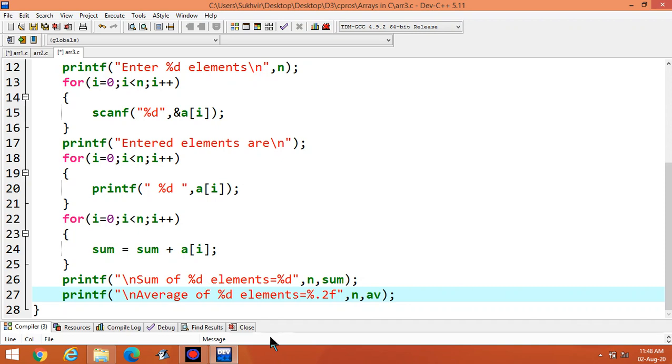Let's modify the program. Average is equal to 0.2f. Suppose I write here float, then sum divided by n.